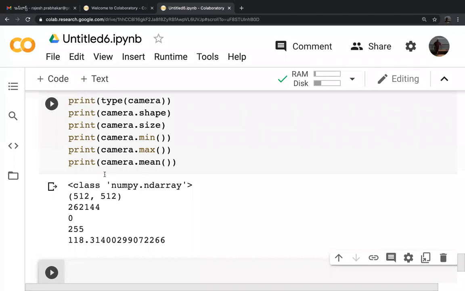The moment you read the image, it is automatically converted into NumPy arrays. And these NumPy arrays will be processed using the NumPy package, using Matplotlib, and any other advanced packages. If you want to do deep learning, you can use a deep learning package. So this is how we can look at it.